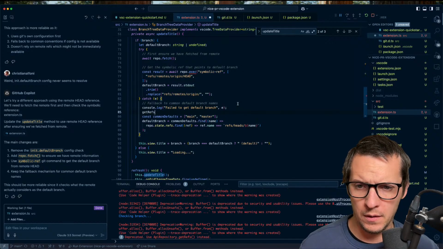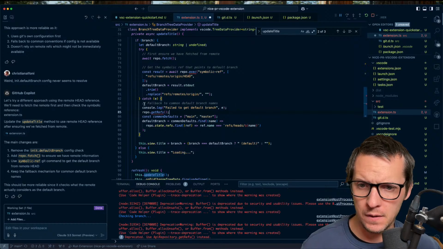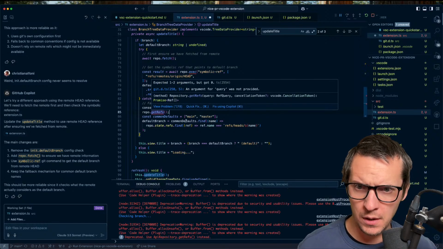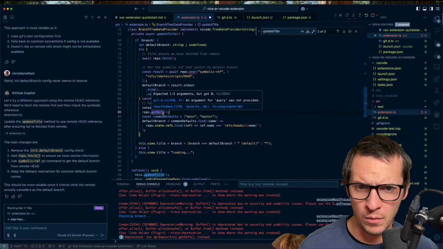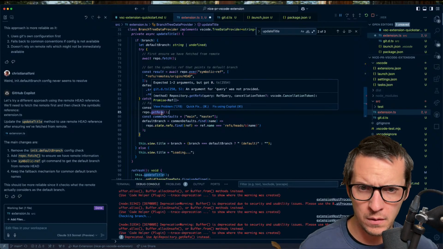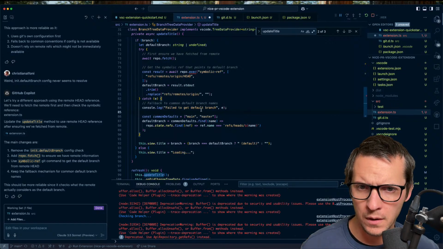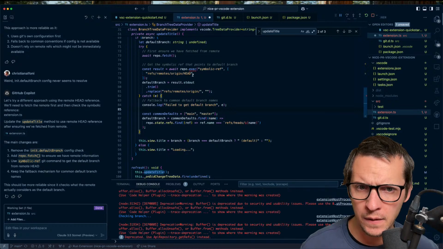And then repo get refs is this. Wait, what was it? API repository get refs. Oh, oh, god damn it. What does it need? Does it need